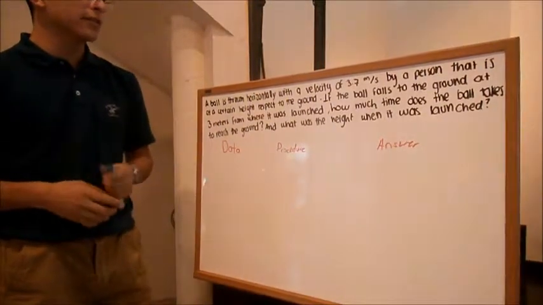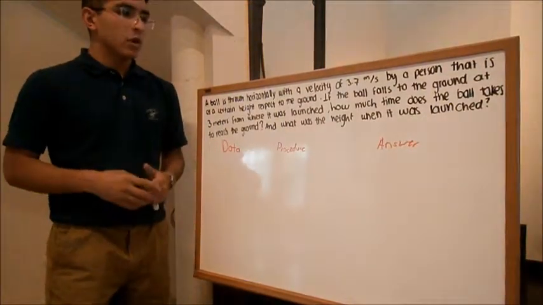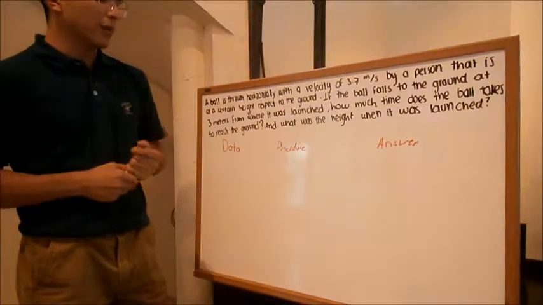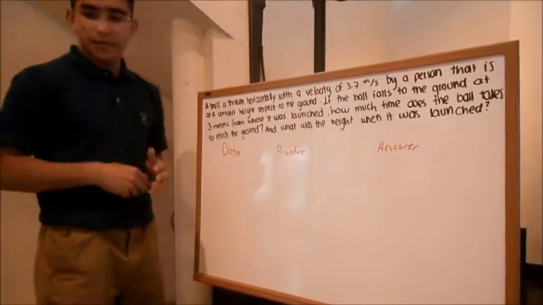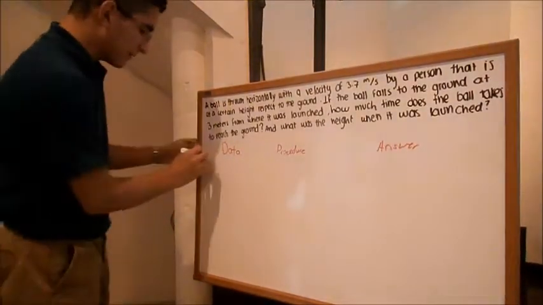If the ball falls to the ground 3 meters from where it was launched, how much time does the ball take to reach the ground, and what was the height when it was launched? And the following data that the problem says is the